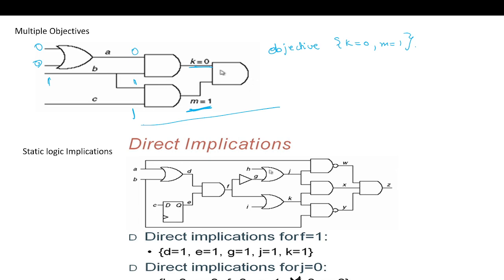Next we have the concept of static implications, static logic implications. These are further methods to help ATPG make better decisions. This can reduce the conflicts and also the number of backtracks. What is the effect of asserting a logic value on a gate on another logic value in the circuit? So if we consider this, the first method,